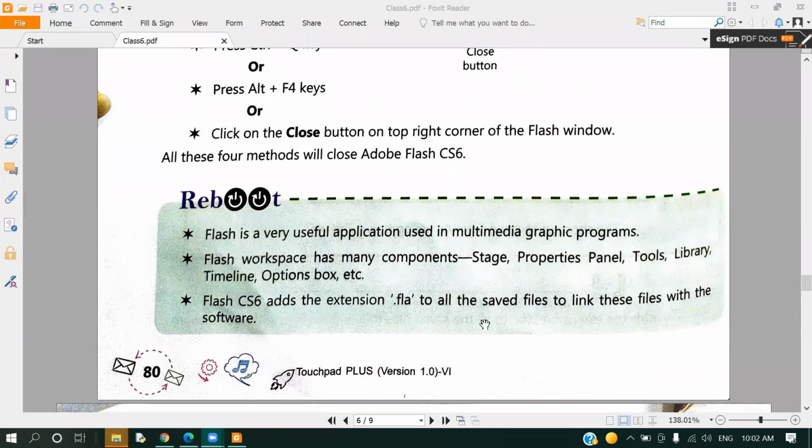For example, if I'm making a PowerPoint presentation and I'm saving the file, the extension of the file will be .ppt, right? If I'm working on MS Word, the extension will be .doc. In the same way, if I'm working on Flash movie, we have an extension which is .fla. It is always a three-letter word.